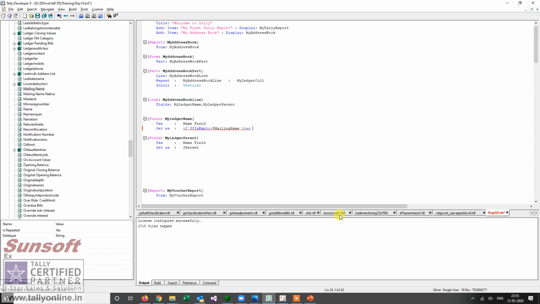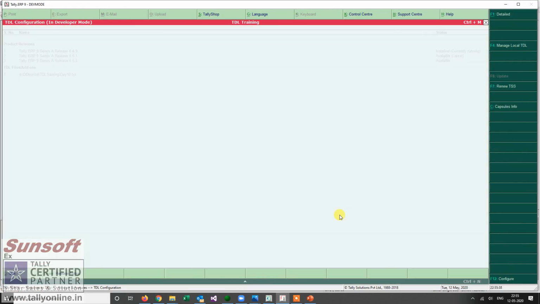When we are making a live report, there are so many concepts we can introduce right there, and you'll be able to understand clearly how they are used. So I say if it is empty, then I'll print the ledger name, else I'll print the mailing name. So now I have that rightly.